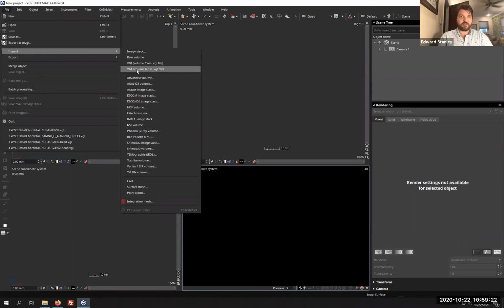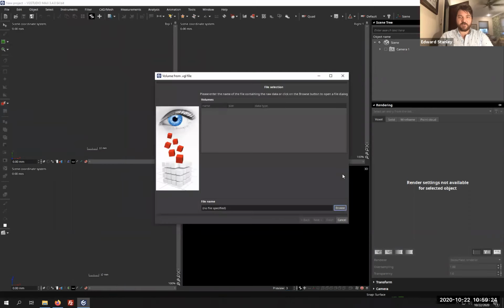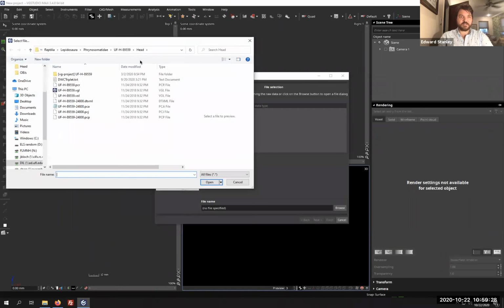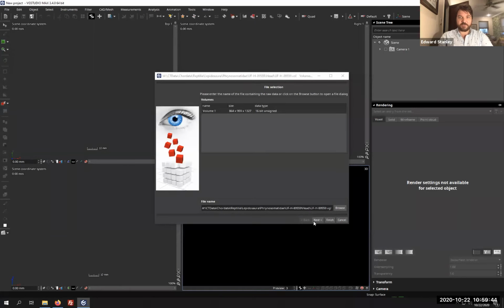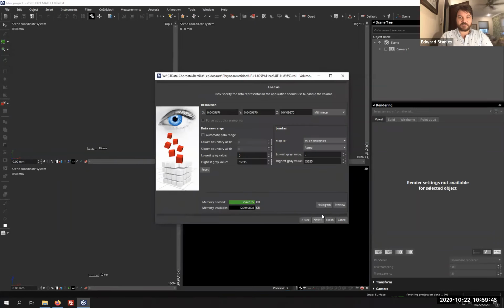So we're going to click on the VGL volume, and we're going to navigate to our data set here. And you can see there's a series of different files, including this PCA metadata file, but this is the VGL file we need to open. There's the volume file with all the information in it. Click Open, and the next step is to click Next, and then we click on this histogram button,